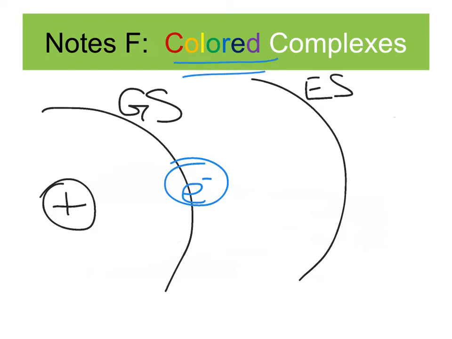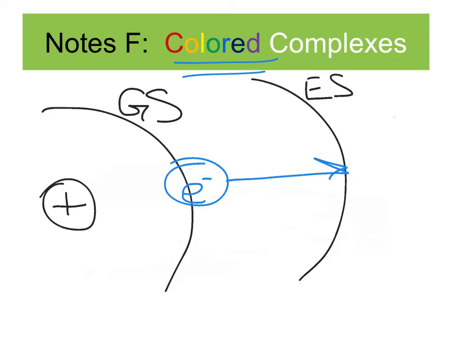a color be emitted from an atom in the first place. So an electron likes to hang out on the ground state. That's Aufbau's principle. Electrons are lazy. Go to the lowest energy level. If that electron were to absorb energy, it could be promoted to an excited state, an available open orbital that is further